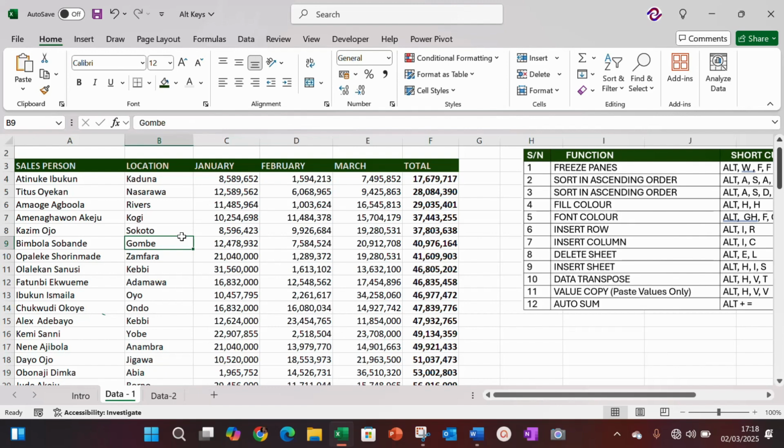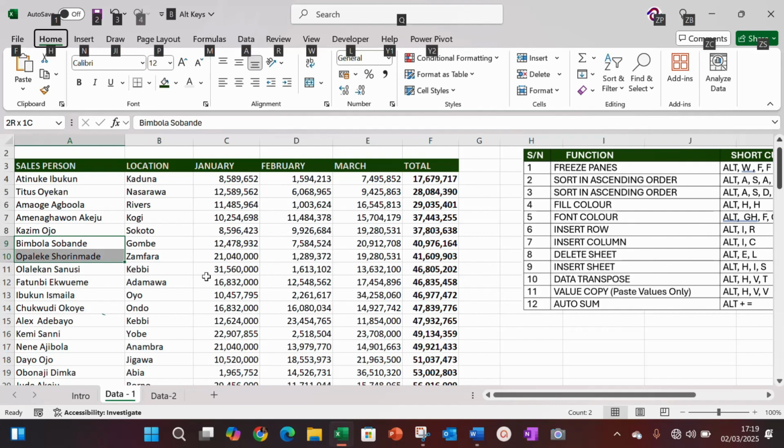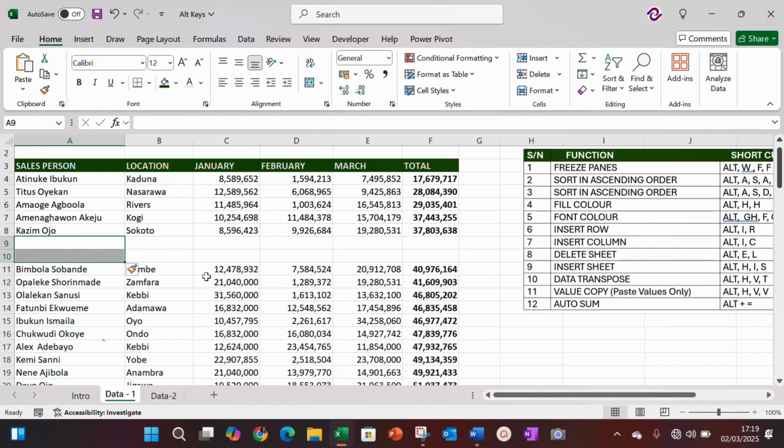The next thing is I'm going to show us how to use insert row. We know how to insert a row. We come here, right click and take insert, or you go to Insert and take the icon to insert a row or column. But with the Alt key, you don't need to do that. Now let's assume I have two candidates appearing under the name Kazim. I need to insert space here for these two candidates. So all I need is to highlight the two spaces there, and I say Alt I, Alt insert row, and